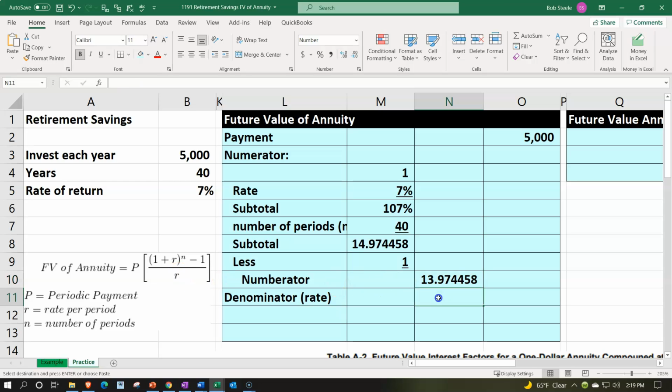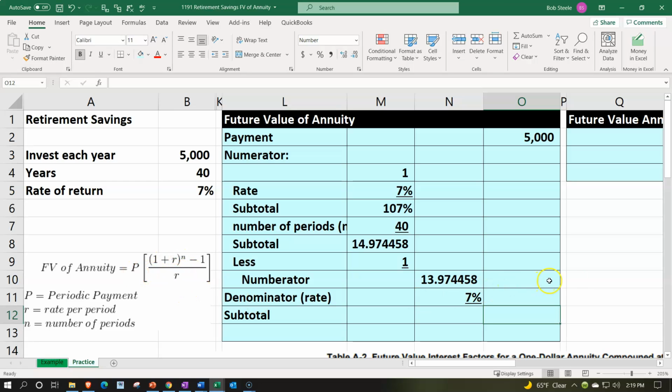Denominator is simply going to be R, or the 7%. 7%, percentizing that. Home tab, numbers, percentize, Font group, underline. And then that's going to give us, let's call this a subtotal. And that's going to be in the outer column now. That's this whole thing. We've now got this whole thing that's going to be in the outer column, which will